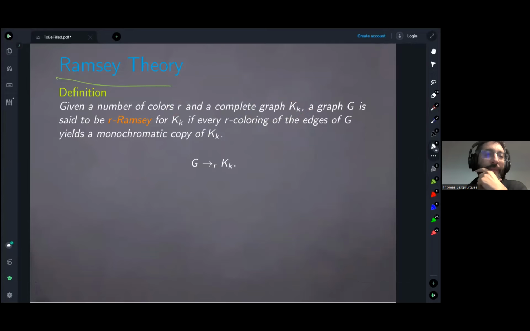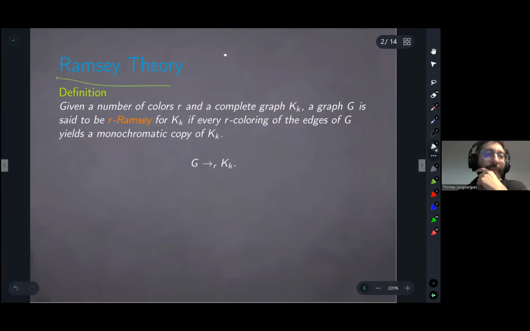By a complete graph K_k, I mean a graph on k vertices where you have all possible edges. The triangle is K_3, and then you can have, for instance, K_5, which looks like a star with all the edges. So if you start with r colors and the graph K_k, we say that the graph G is Ramsey for K_k